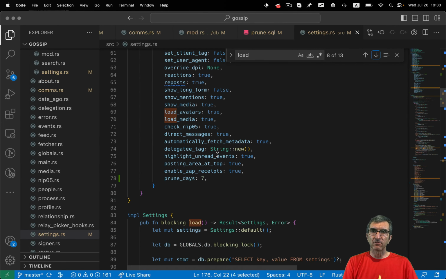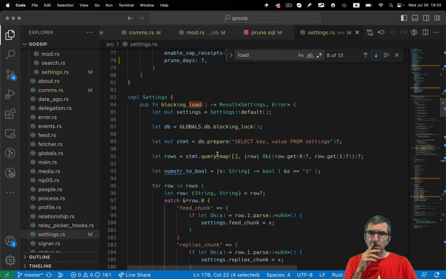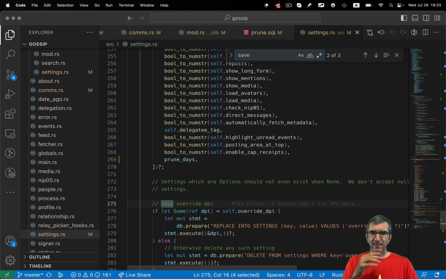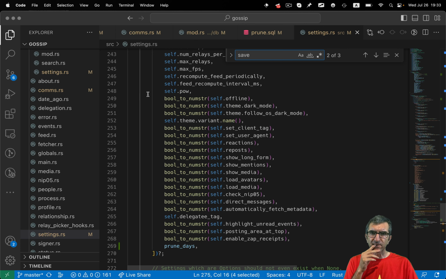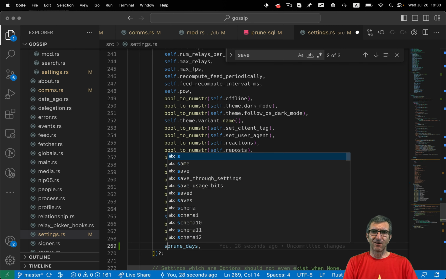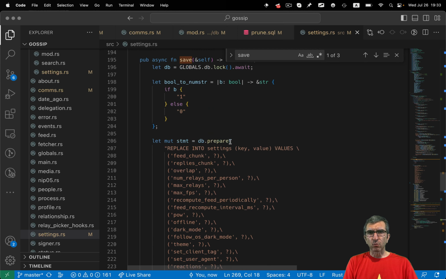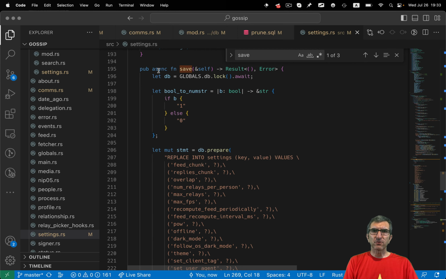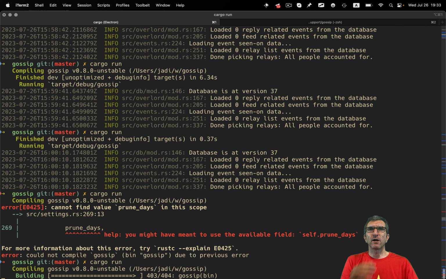Beautiful, I forgot self. Yes, these ones I saw that they all have self, but forgot. And if you want to see why, this is an async function, save gets the self, so you can access variables from there. Cargo run.